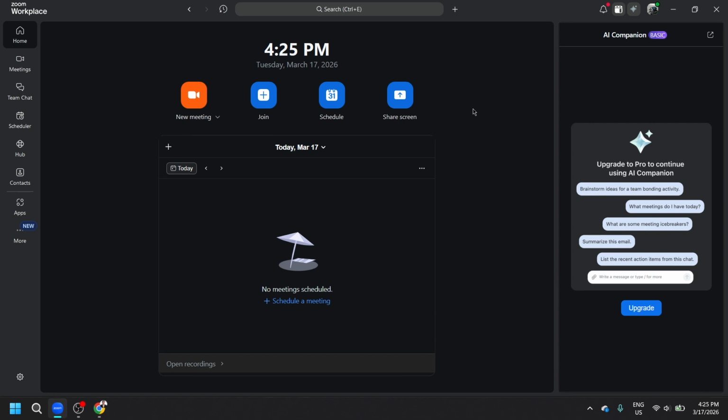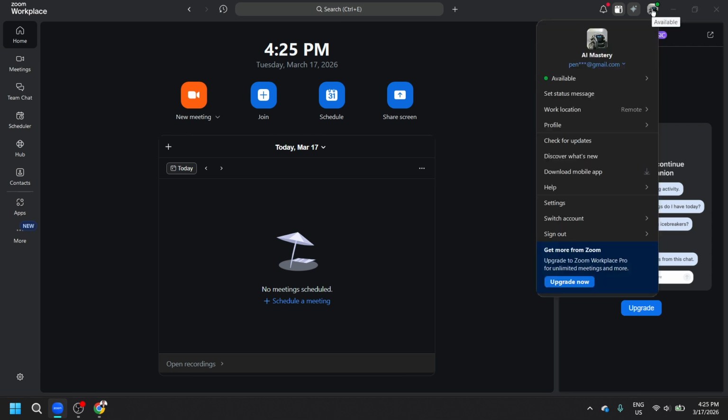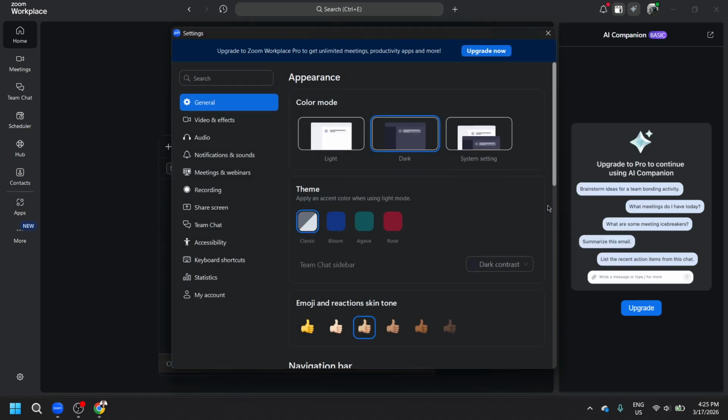With the Zoom Workplace app open on your computer, look to the upper right corner and click your profile picture. That opens a quick menu where you can adjust your account and app preferences. From that menu, click Settings. This takes you into the main settings window where you control notifications, audio and video, and, what we need today,